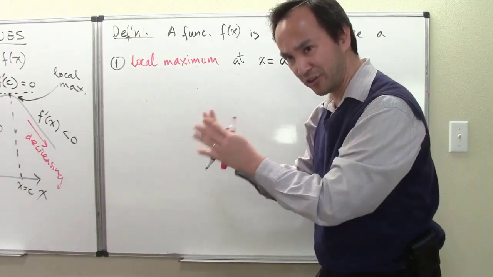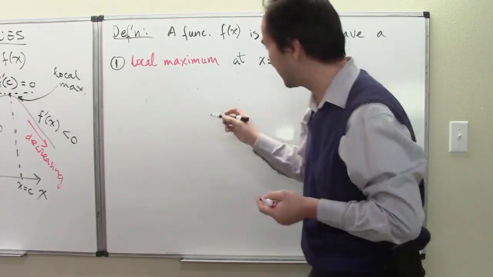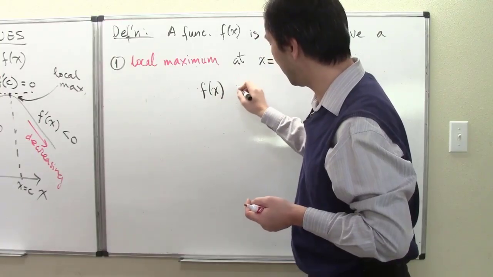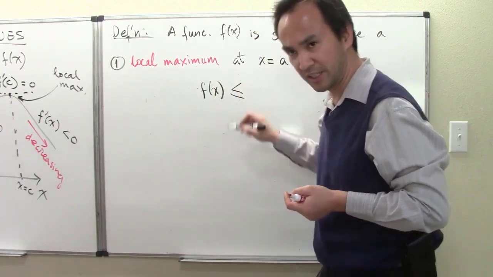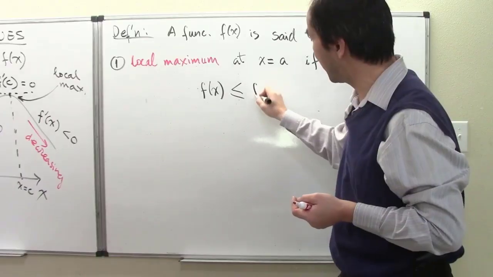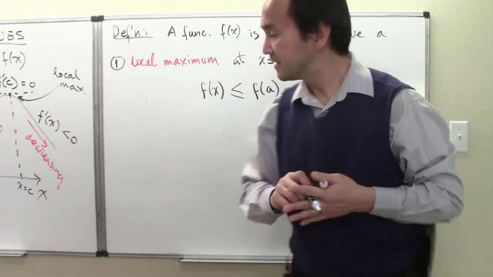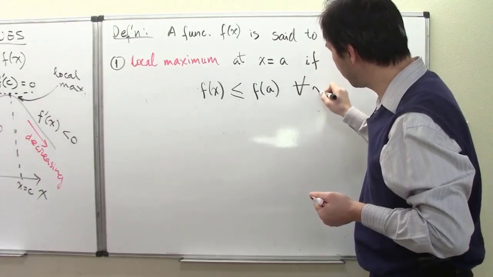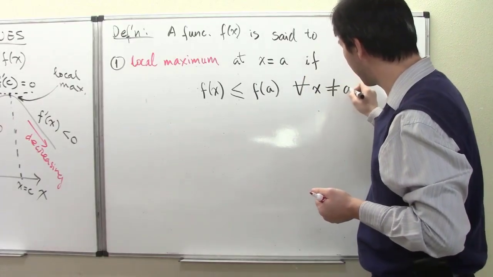I did not mention this in the picture, but now it's time to mathematically mention it. It means f of x is less than or equal to f of a, for all x values that are not a